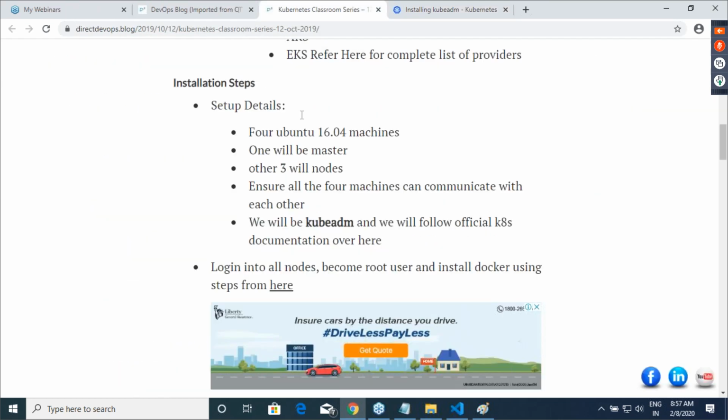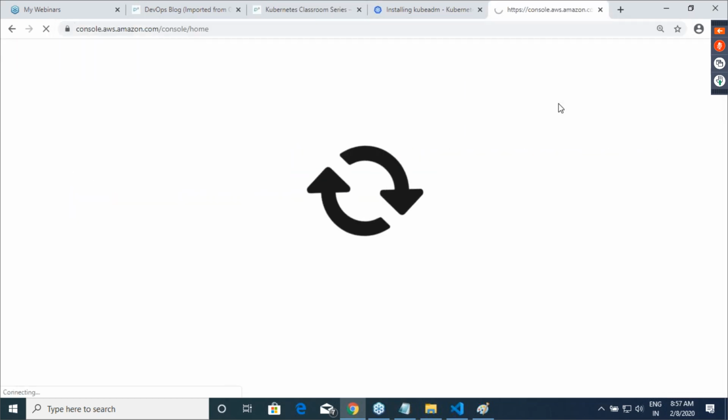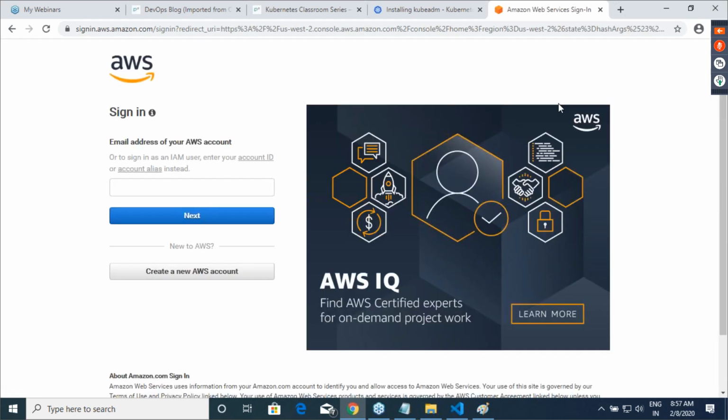The second one which I'll be using is this instruction. Okay, right. So I need machines. So I'll be using cloud. Since the majority of the people use Amazon, that's the reason why I'm using Amazon. It doesn't matter. I need 2 Ubuntu machines. And if you are using Google Cloud or Azure also, you should be able to create 2 virtual machines. So that's not a very difficult thing.